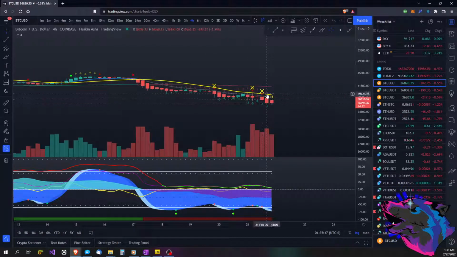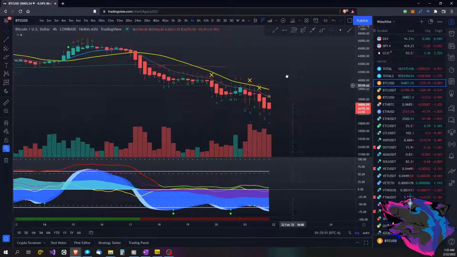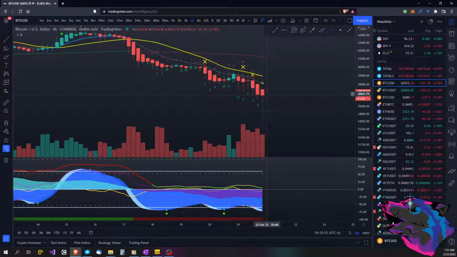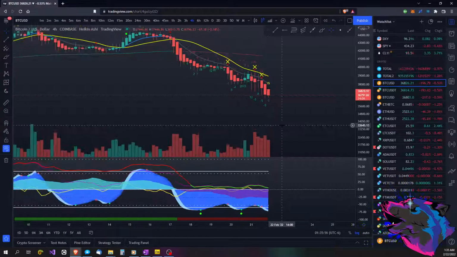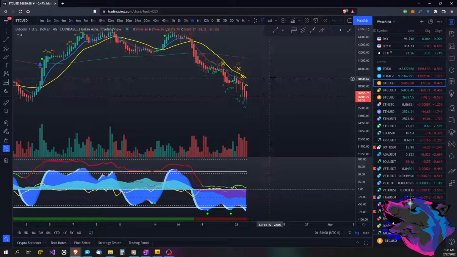So what are our numbers looking like? 21, 22, 15. It's weakening a little bit. We're clipping down here, starting to round off. VWAP coming up a little bit. RSIs are nice and tight together, but